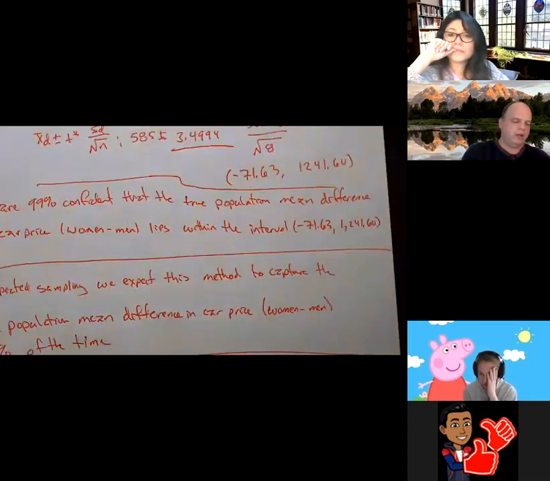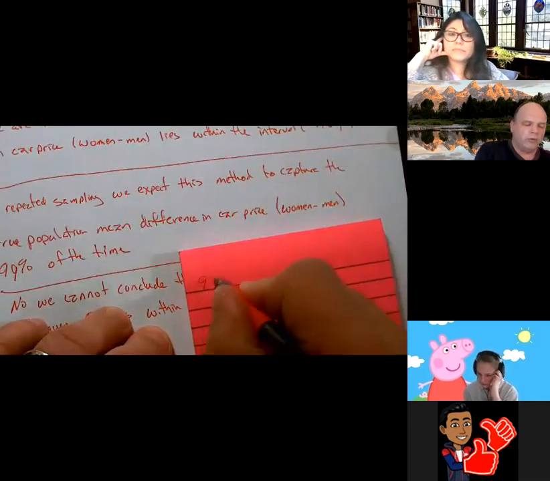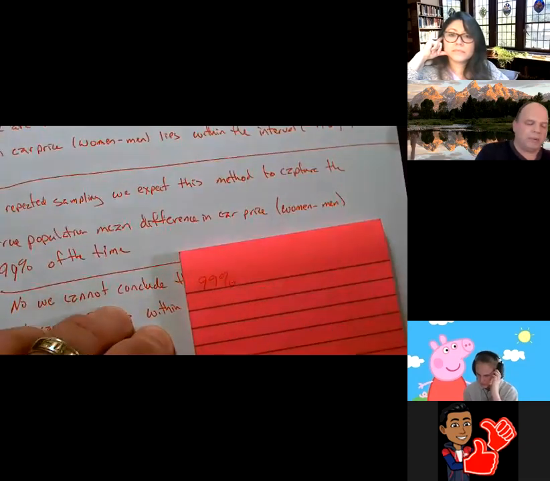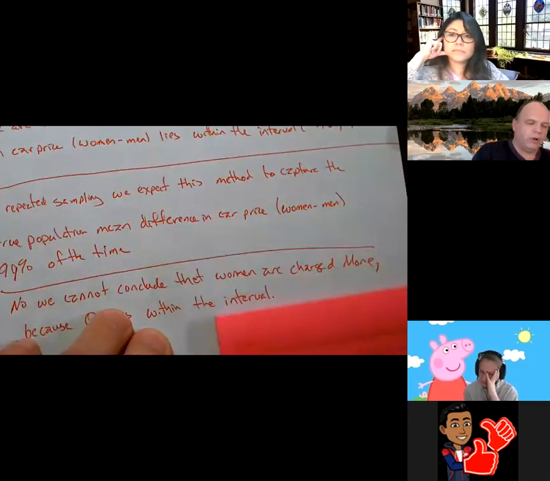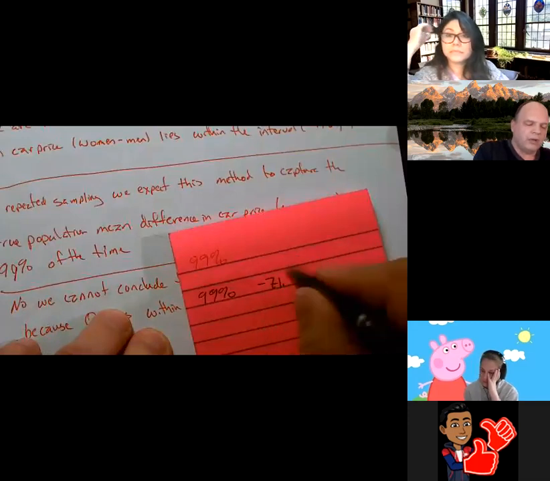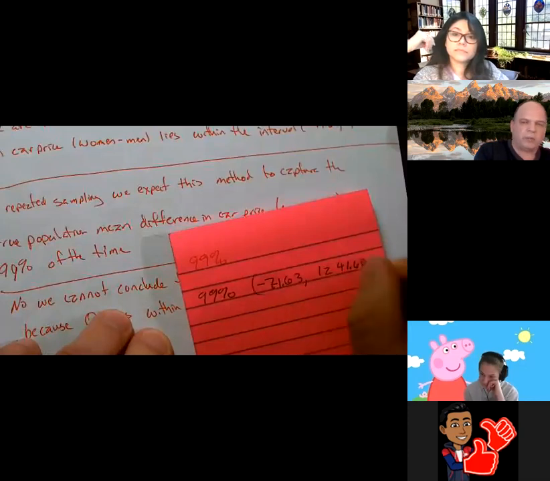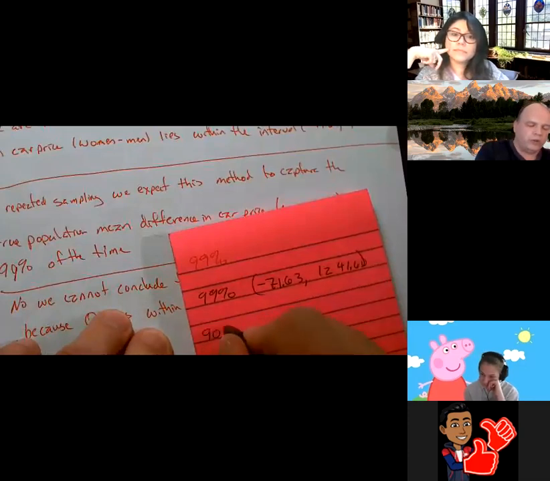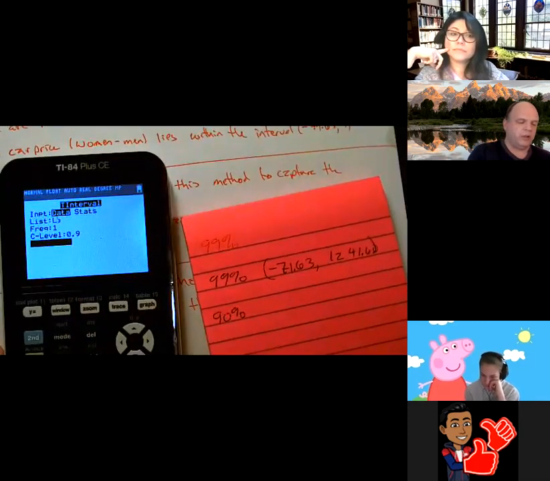What we initially had is we had a 99% interval, and that interval was negative 71.63, and it went all the way up to 1,241.60. That's what we had at 99%. We are going to now change this to 90%. So I changed it to 90%, and I run the interval, and now